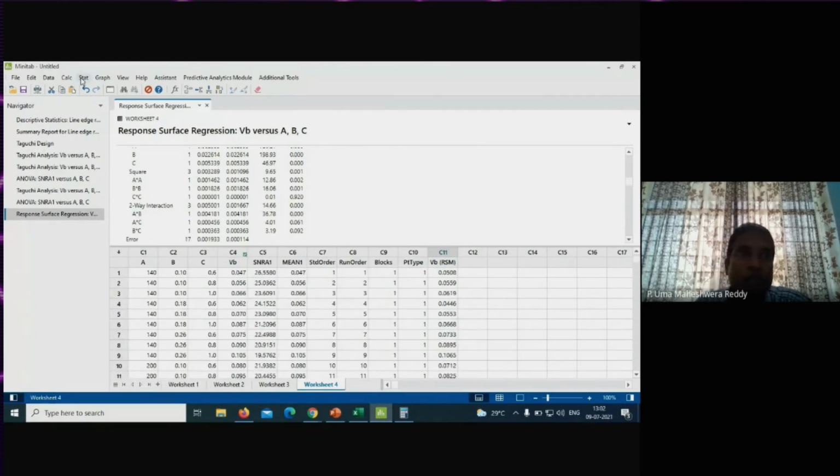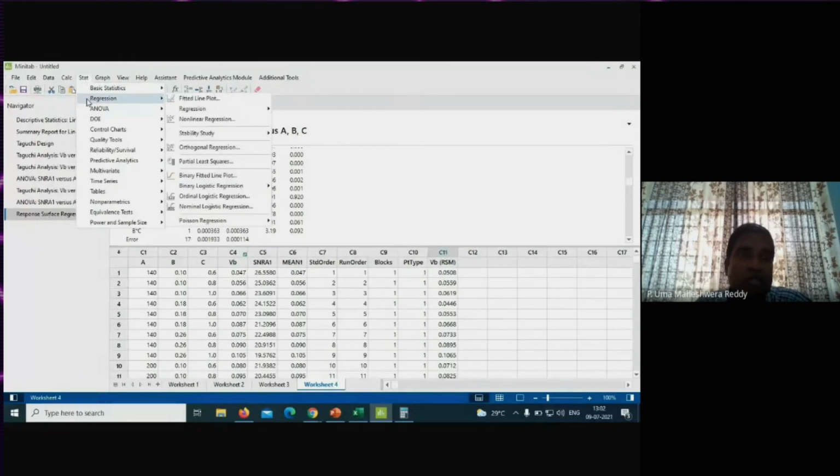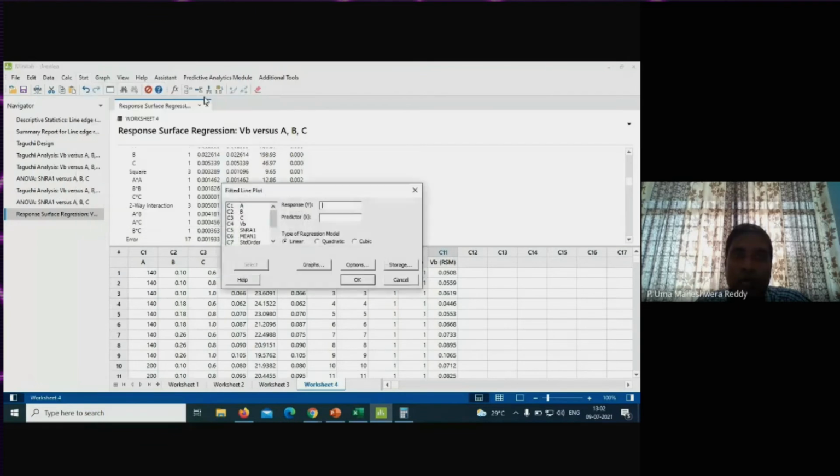Yes, so let me go to statistics, regression, fitted line plot. Yes. Now response Y. So Y is my prediction, VB RSM. You see the C11. You have entered your predictions in column number 11.